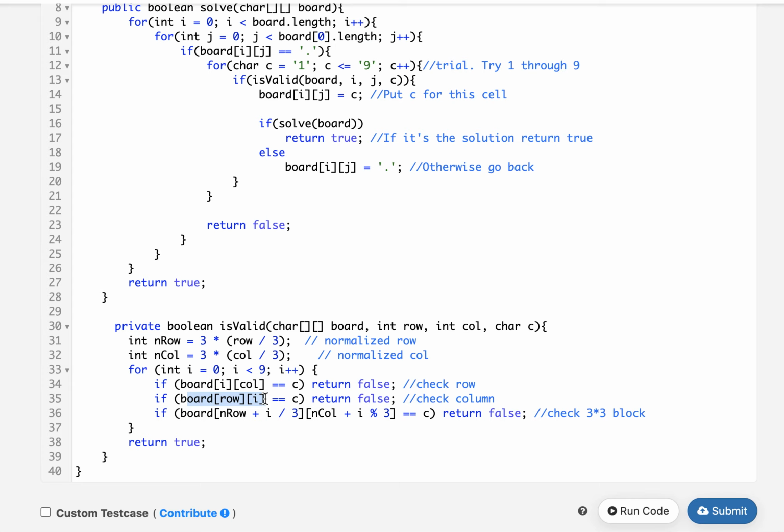Otherwise, we will use the formula that I discussed in the presentation to check the state of the board. If board at normalized row plus I by 3, comma normalized column plus I modulus 3 happens to be equal to the element that we are trying to put, then it already exists and we return false from there. Otherwise, we return true. So let's try this out.